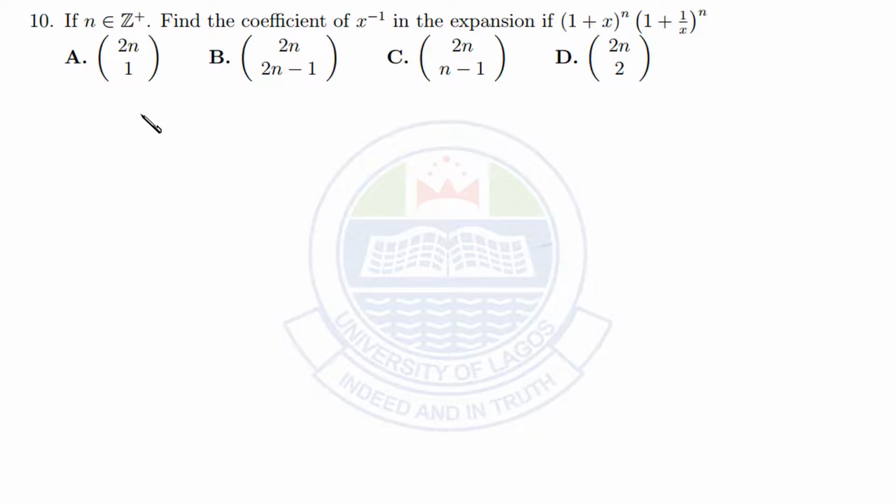In this question, they said if n belongs to a positive integer, find the coefficient of x raised to power minus 1 in the expansion of (1 plus x) raised to power n multiplied by (1 plus 1 over x) raised to power n. Now, this is a very non-intuitive question. Okay, let's try to go for it. Now, you recall that